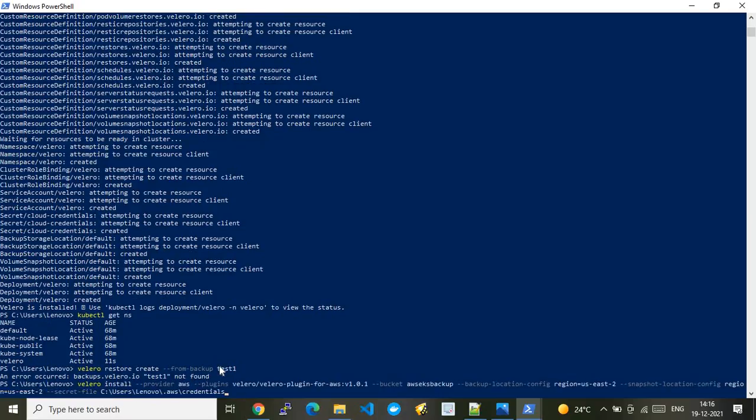When I run this command, let me go back to this one. If I'm using US East 1, it is saying that it's not able to find it. Why? Because it will try to look for the backup in US East 1, which is eventually wrong. In this case, we have to target it to only US East 1, and that was the main reason I was telling you earlier.